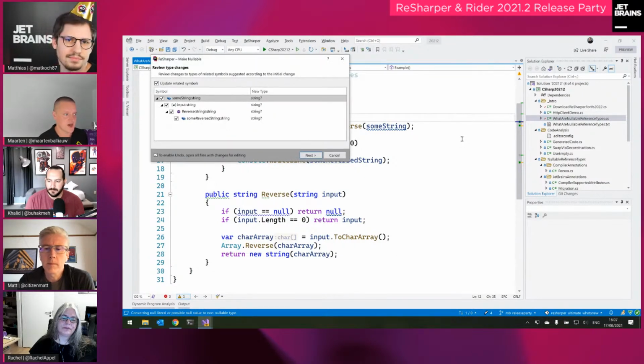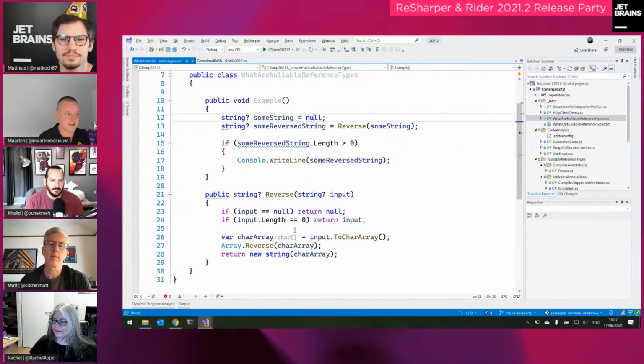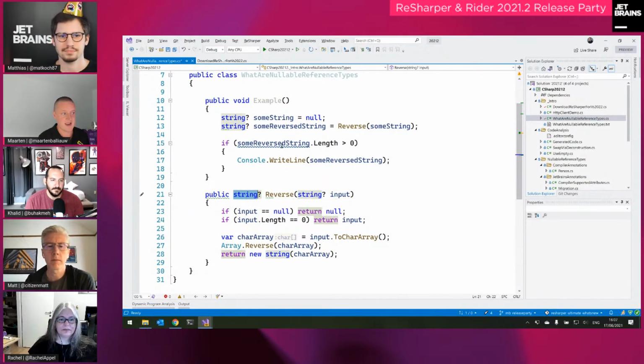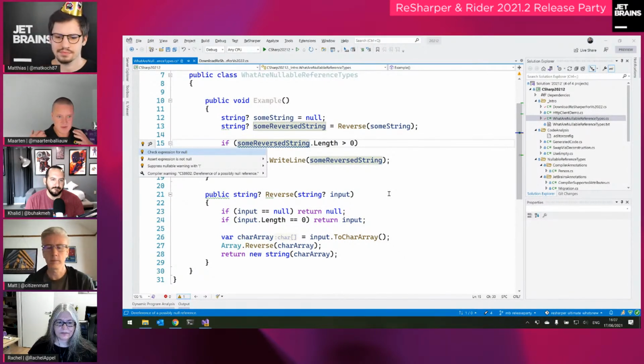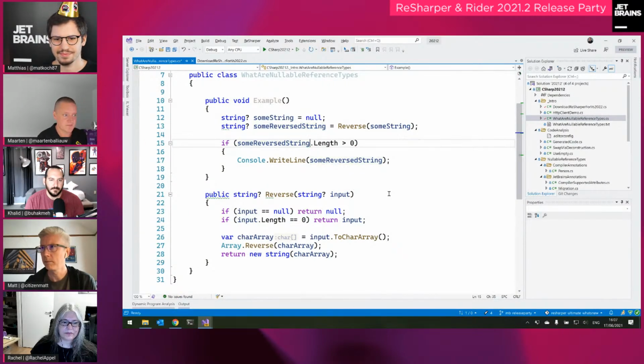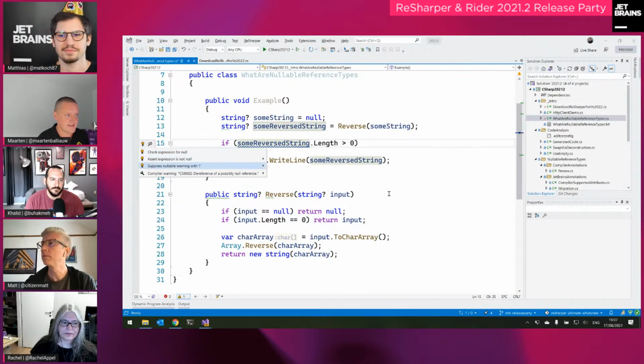I'll go with that, and ReSharper will ask me to update everything that it knows in the path and in that code graph. It will just update all the code. So now all of a sudden, my reverse function takes a nullable string, it returns a nullable string, and you can also see immediately that this thing can actually be null. My reversed string can be null, and I have to do something with that. Before even running this, ReSharper and the compiler are able to catch whatever exception I may have there. So I can either check this expression for null, which is nice,